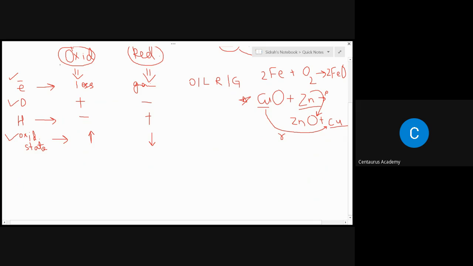As the term suggests, oxidation reactions are those reactions where the oxidation state or oxidation number of the particular species is going to increase, and in reduction reactions, the oxidation state is going to decrease. Okay. For instance, let's take,